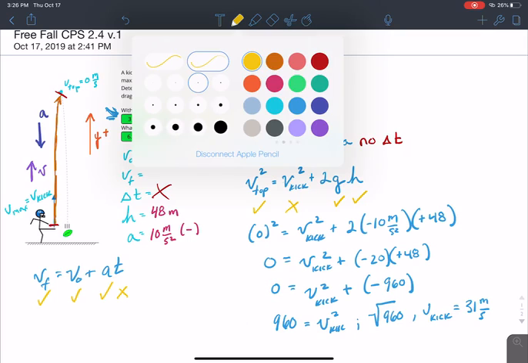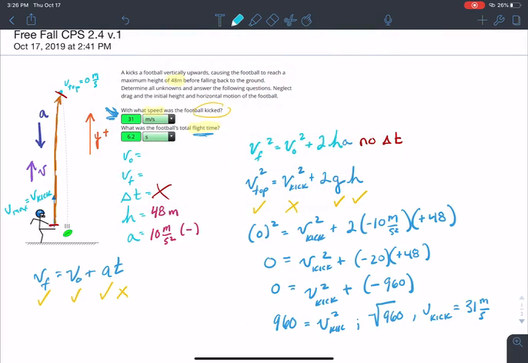So let's go and do that. Vf is our final velocity, 0, equals our initial kicking velocity we solved for as 31, plus gravity is going to be acting down, so it's negative 10 meters per second squared times t. If you solve this, we see that t is equal to